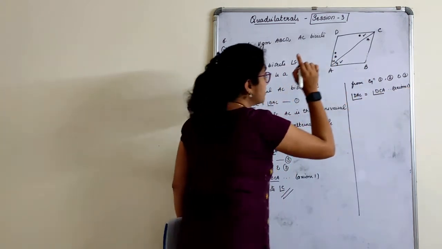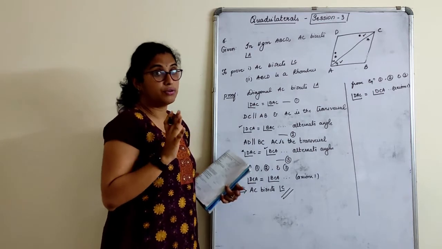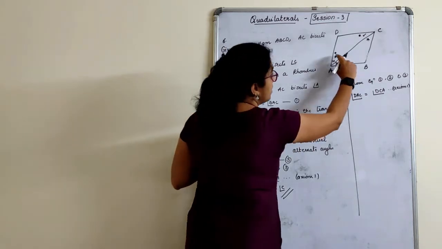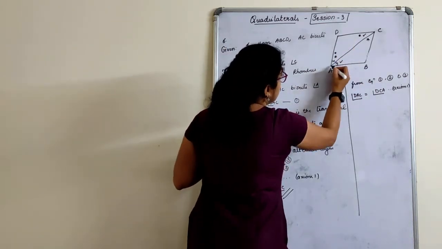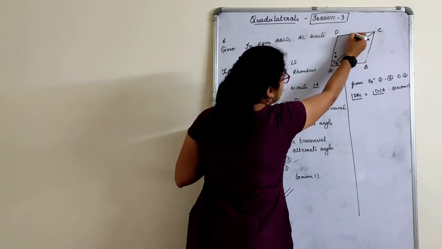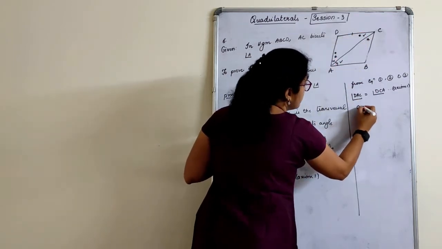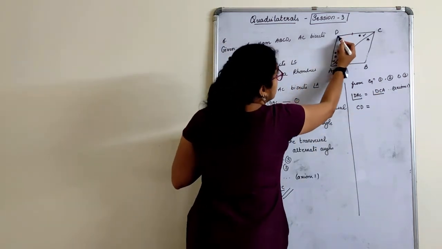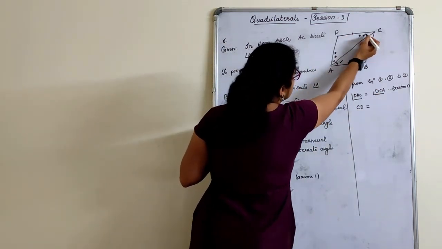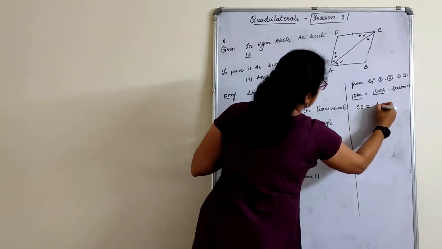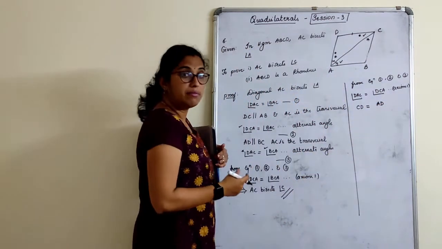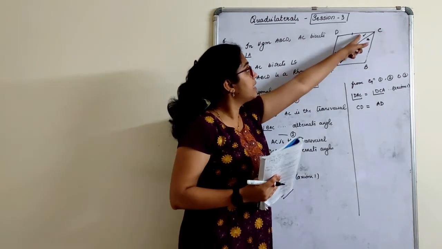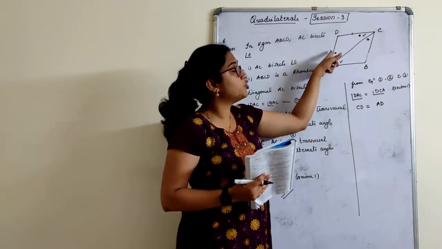See, after taking an example of 30 degrees, it was very easy for you to understand, right? Okay. Now angle DAC, if this is an angle, children, this is the side. What side is that? CD. That is equal to angle DCA. If this is the angle, then this is the side, equal to AD. Am I right? See, these two are the angles. That means these two should be the sides.